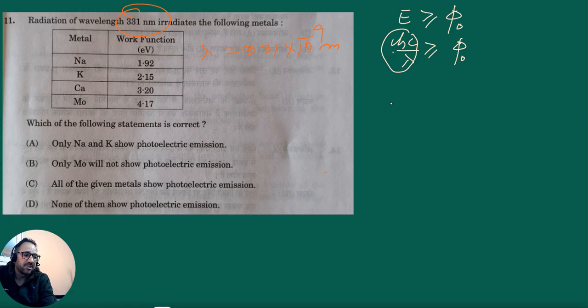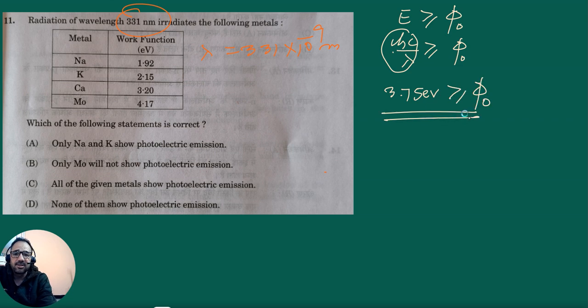When you solve hc by lambda, lambda is given, I got this answer, approximately 3.75 electron volt, which is greater than phi naught. It means if energy is greater than phi naught, obviously emission is possible, otherwise not. If you see carefully here,